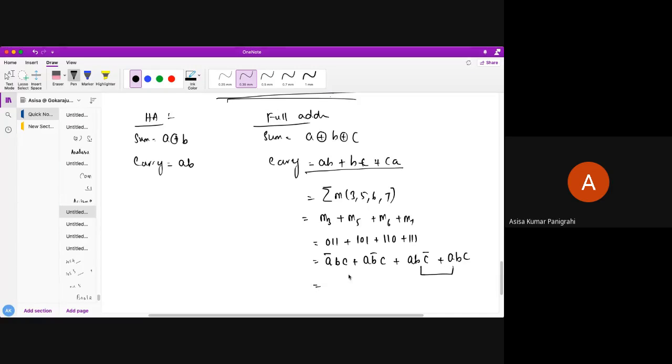From here I have taken C and got A bar B or A B bar, and from this I have taken AB and got C or C bar. Am I correct?